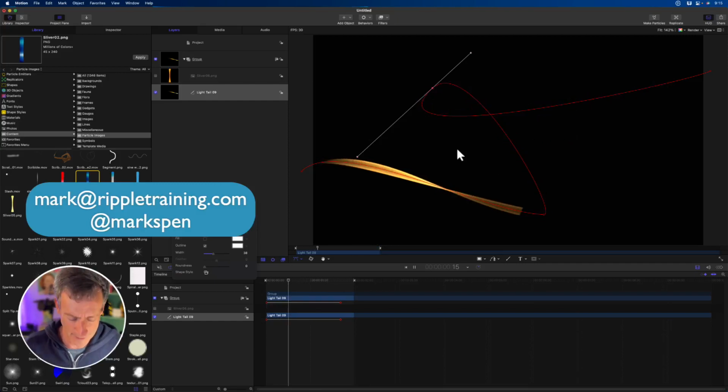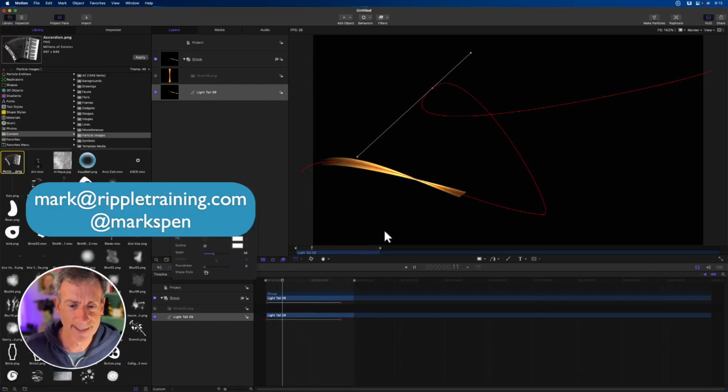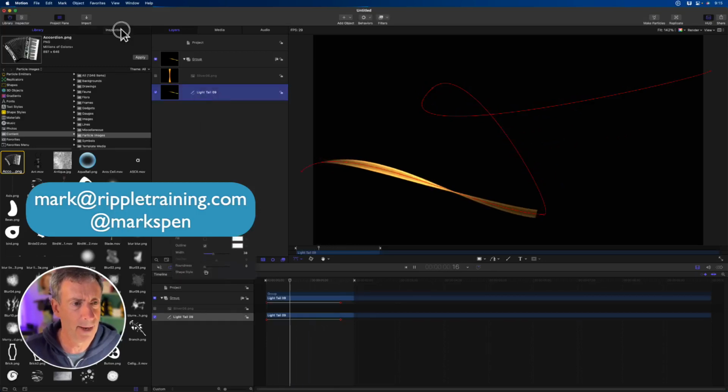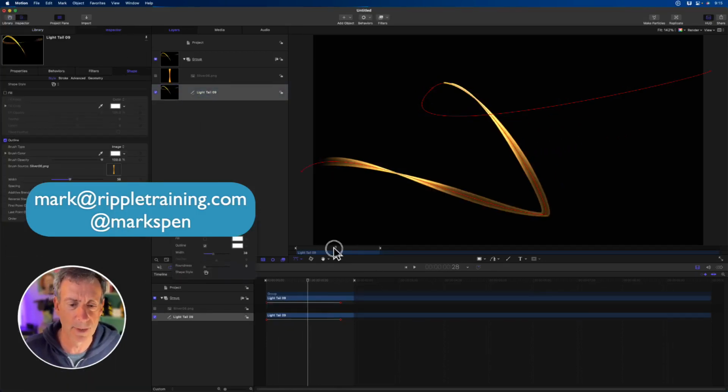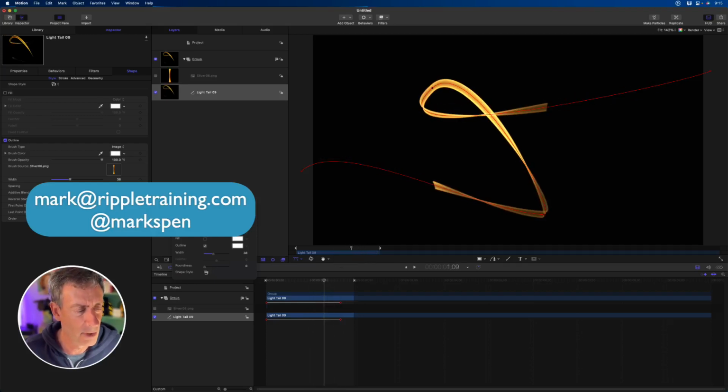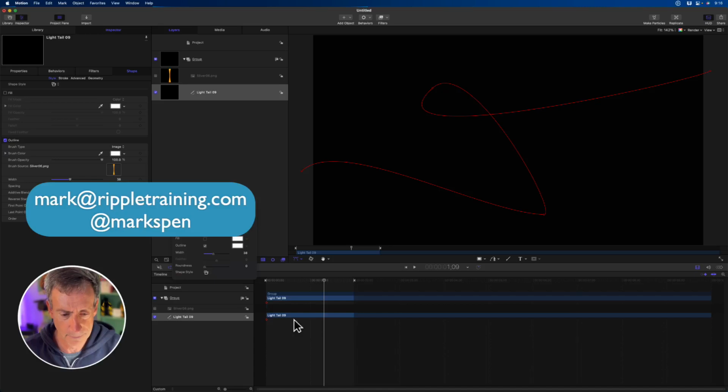So I've got this running, and let's take a little bit more of a look, besides just swapping the image, at how this is made and how it works, because if you understand how it works, you can do so much more with it. So first of all, it's animated using the first point and last point offset, which is really the same thing the write-on behavior does. So instead of this being animated here with these keyframes, I could delete these keyframes